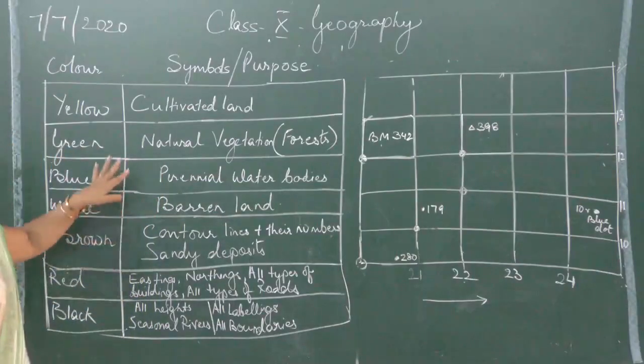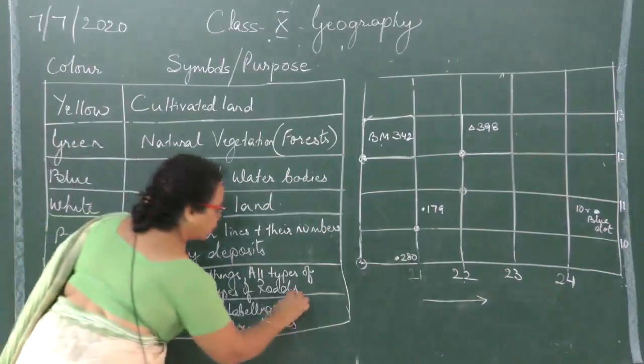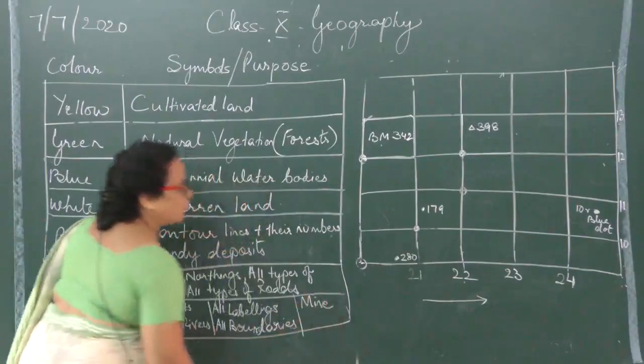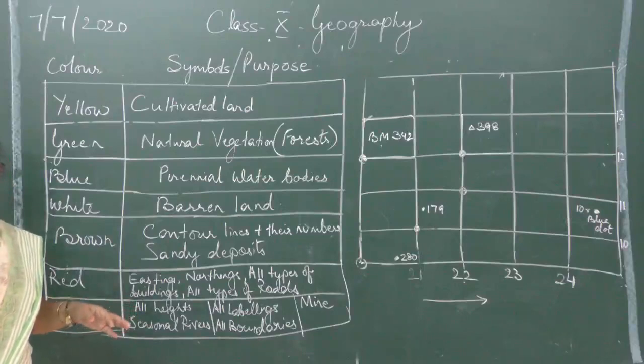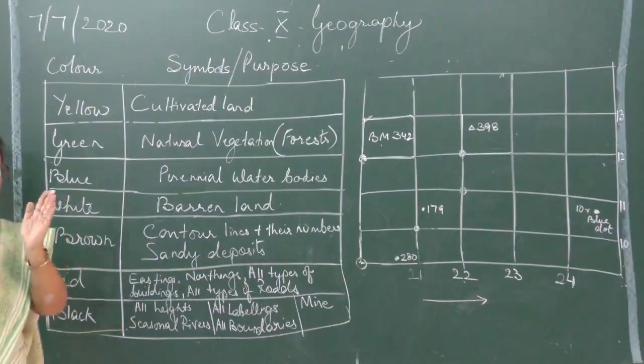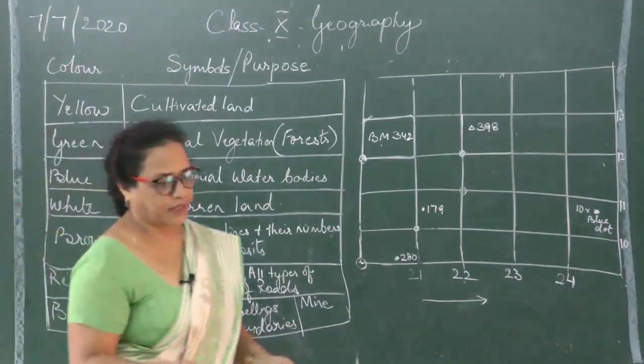Clear? These are the basic color scheme. Please remember, I told you it is confusing. In the atlas map, yellow stands for deserts, but in survey maps it stands for cultivated land. So if you don't remember the color scheme, the symbol one blue dot means a well. If that same dot is in black, it will mean a mine. You can write over here a mine. It can be a coal mine, an iron ore mine, any mine, it will be a mine. Clear? Little bit change of color means the different man-made or natural feature is being shown. Okay, keep that in mind.